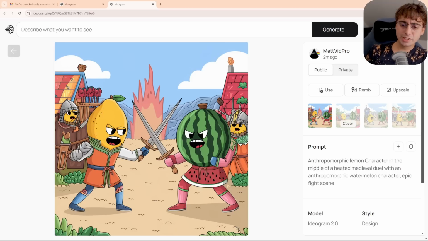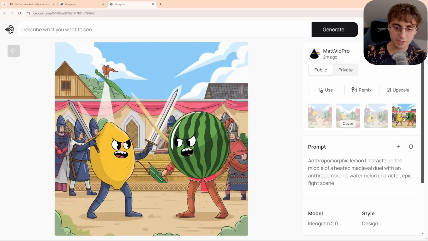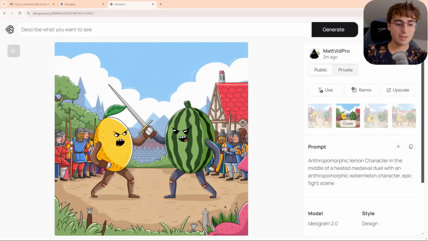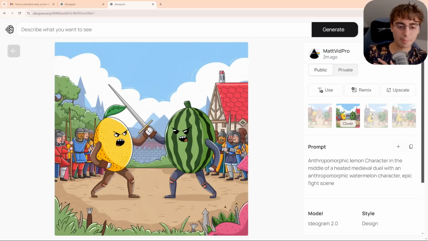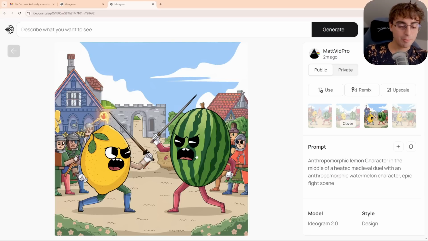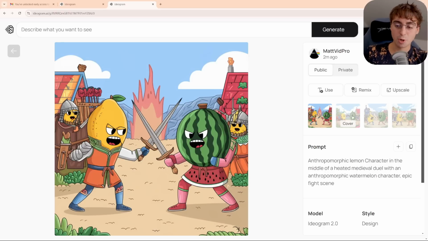And next up, we see our first major change by moving to the design model, and this is entirely 2D. All of the images it created were 2D, so this is obviously going to be for creating logos, maybe if you're trying to create, let's say, a mascot for a company, something like that. That's kind of what this all reminds me of, but you can see with this model, we have faces on both of the characters this time, no matter what.